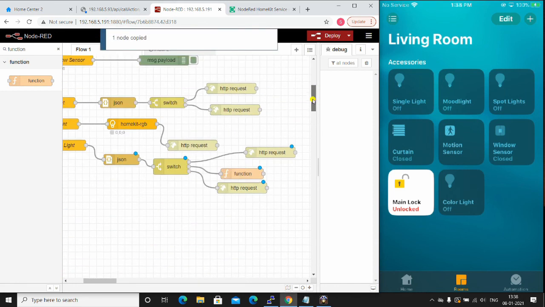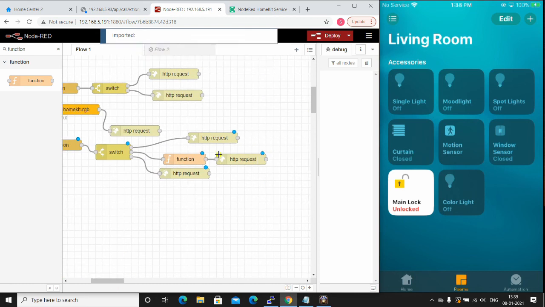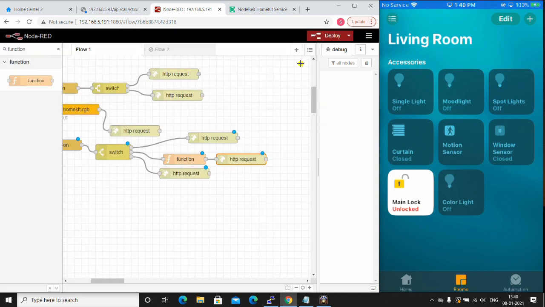I'm copying my sample and I'll show it to you. Tie the output of the function to the HTTP request, and the format for this command is as usual the same thing, except name equal to set value and arg1 is the brightness parameter, that is arg1 equal to payload.